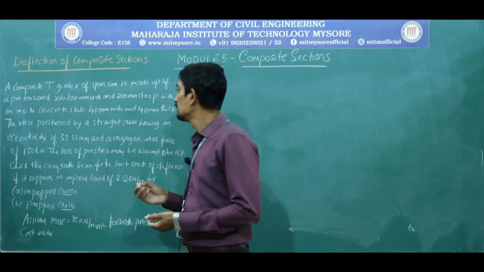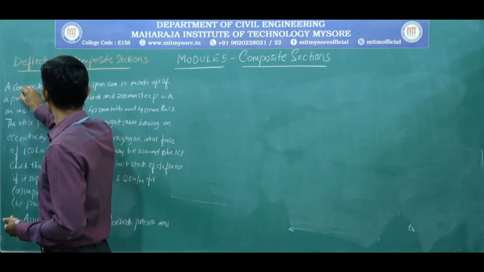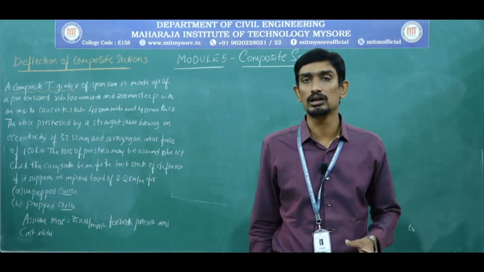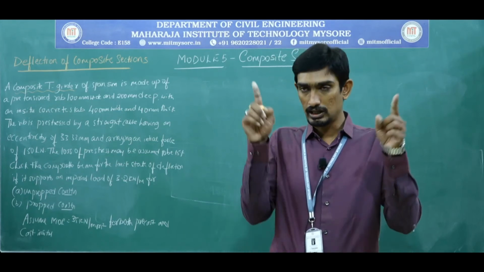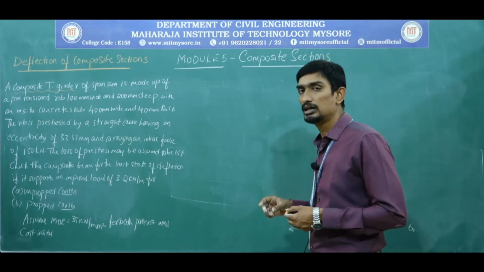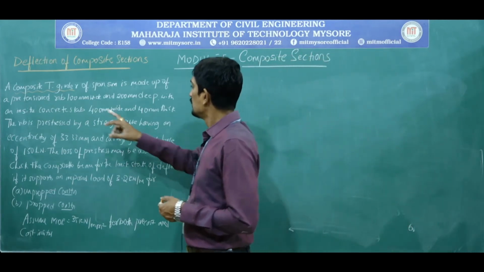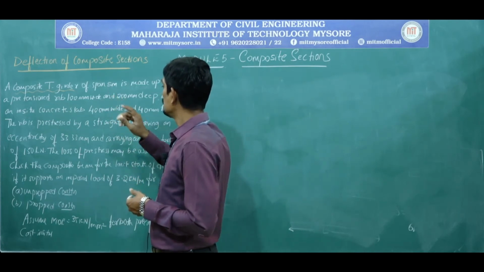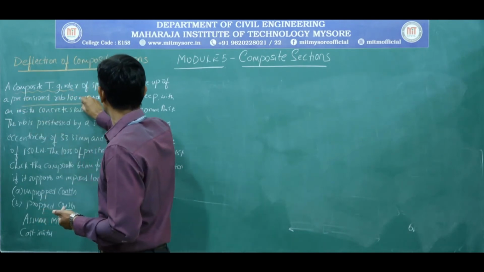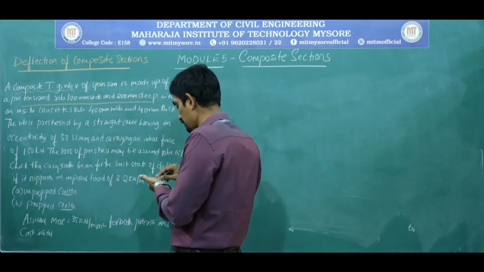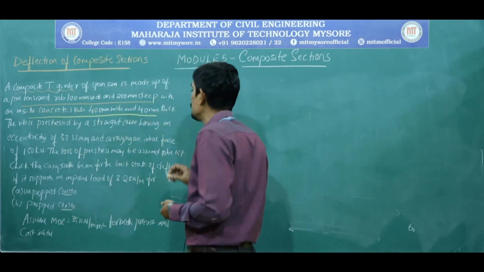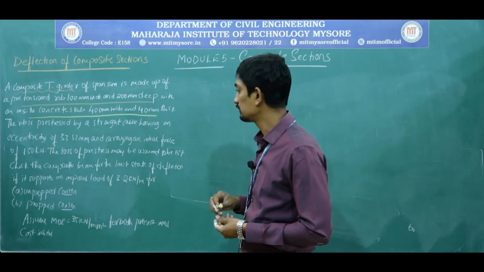So now first thing, it is a composite T girder. Am I right? It is a composite T girder. That means the girders which have been written in the first session: the T section girders, tapering section girders, unsymmetrical section. So those are the girders. Of span 5 meter, fine. So this composite T girder is made up of pre-tensioned rib 100 mm wide and 200 mm deep, and in situ concrete slab of 400 mm wide and 40 mm thick. Did you get my point?